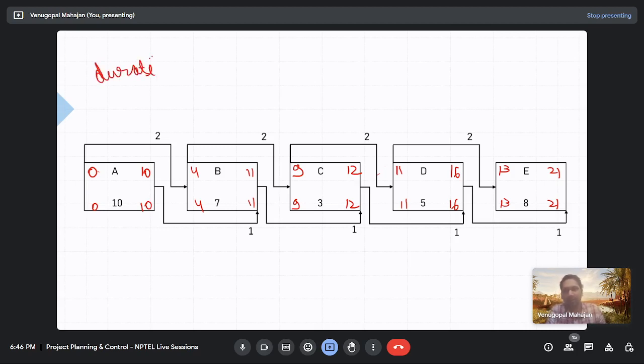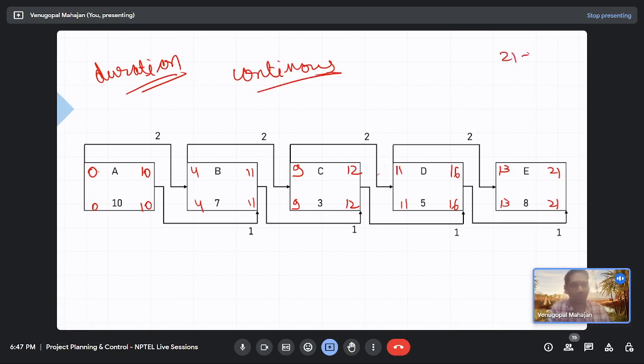Okay, and this one is the duration for continuous activities. Okay. So I have got two answers now. 21 plus 2, it would be 23, or it would remain the same, right? Anybody else? The figure is in front of you. What do you think? 23 or 21? Open voting.